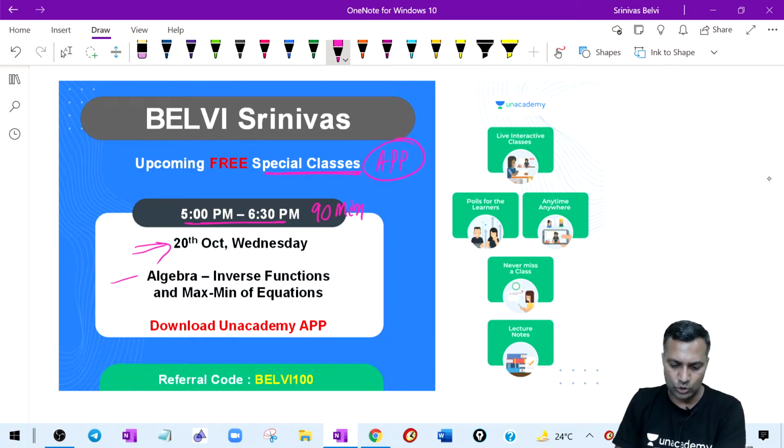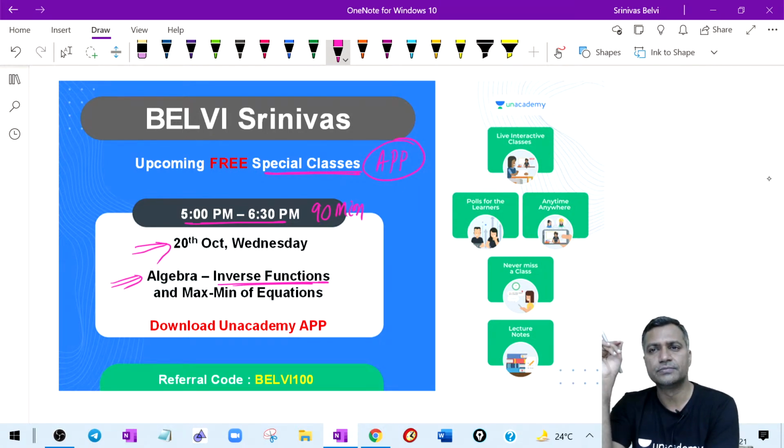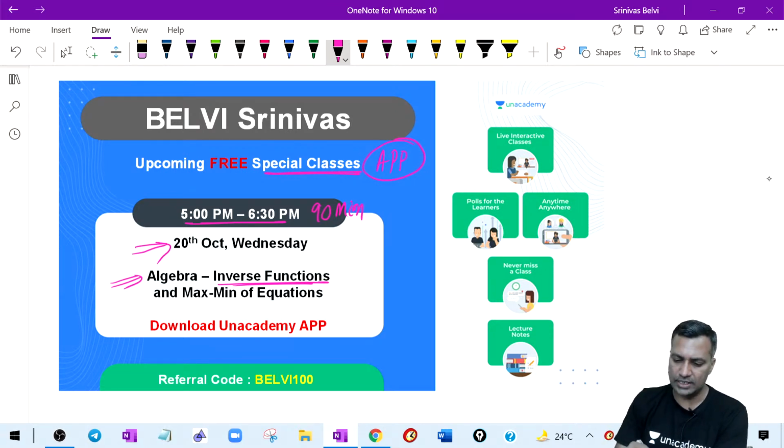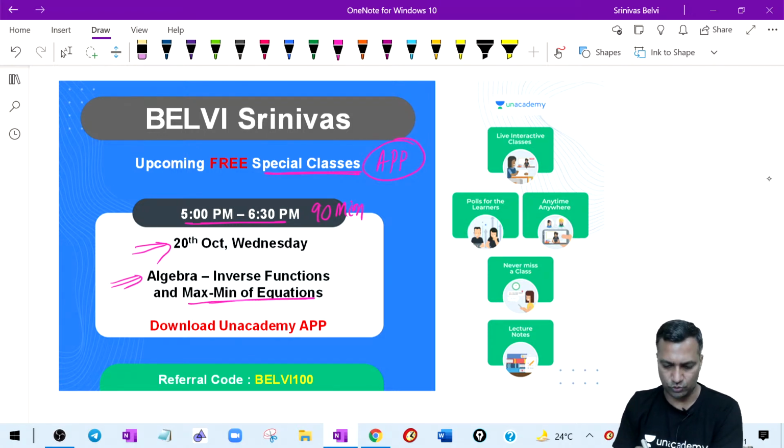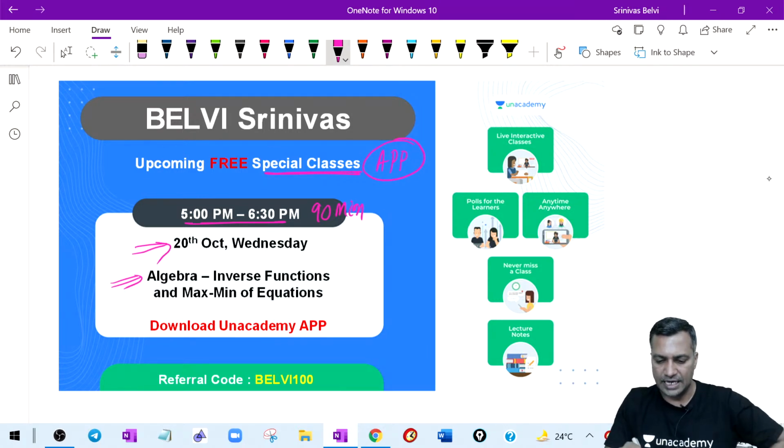As a part of algebra, two things we will discuss: inverse functions. Did we discuss inverse functions, Rishabh? Some of you, Rishabh, Srishti, attend very regularly, so just confirm: did we discuss the questions on inverse functions? I always put it on the slide, but I think I'm missing out on discussing that. We didn't, right? Okay, we will do that, and along with that we will also do maxima and minima in terms of equations. So we'll cover two themes in 90 minutes tomorrow.